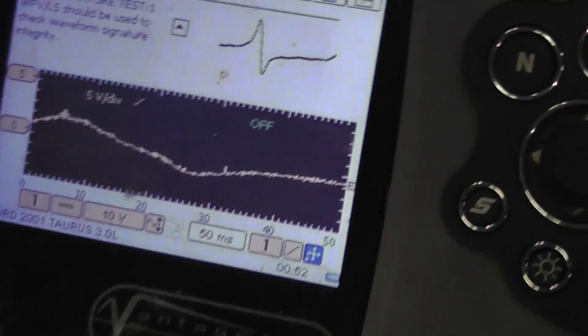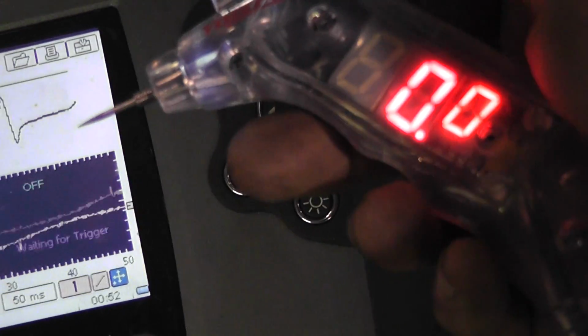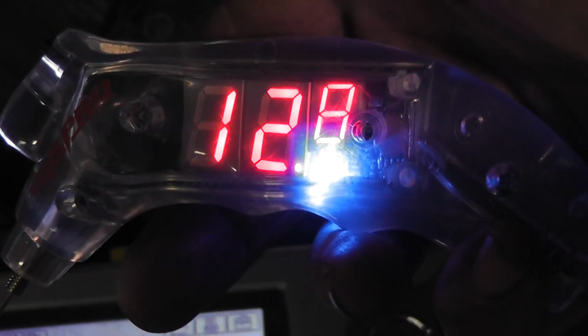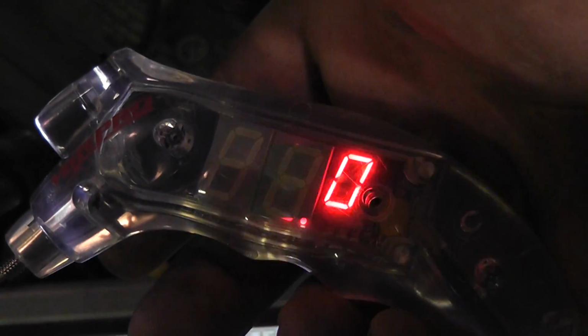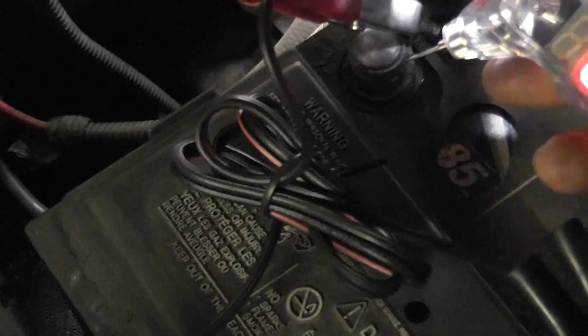But what I wanted to do is try this, because you can see on the regular red LED mode, you're just going to see your voltage and your ground. And if you put it on the blue mode, I think that's how you can load a circuit, which I haven't messed with yet, so I'll do that sooner or later. But if you hold it one more time and you get it to flash, what you're checking here is, if I go to battery positive,